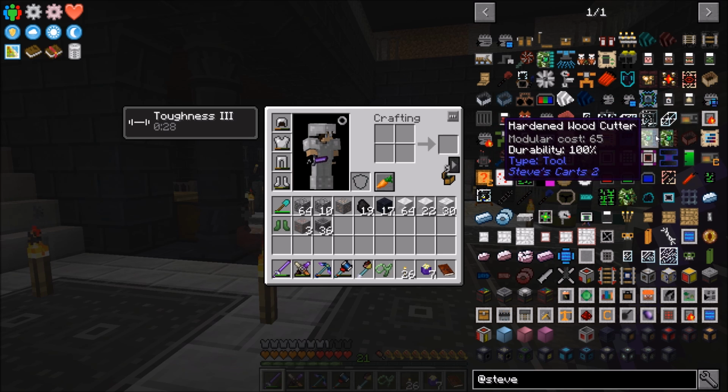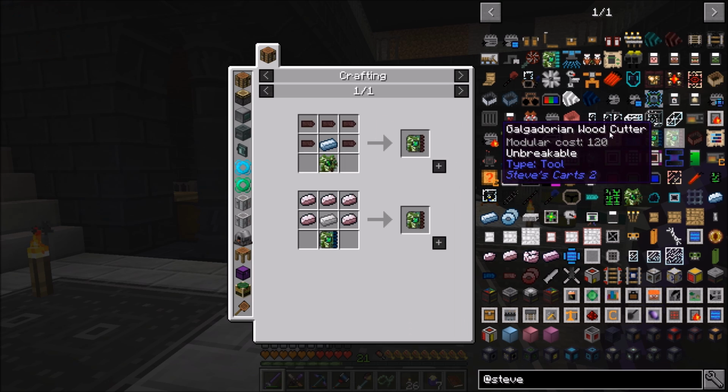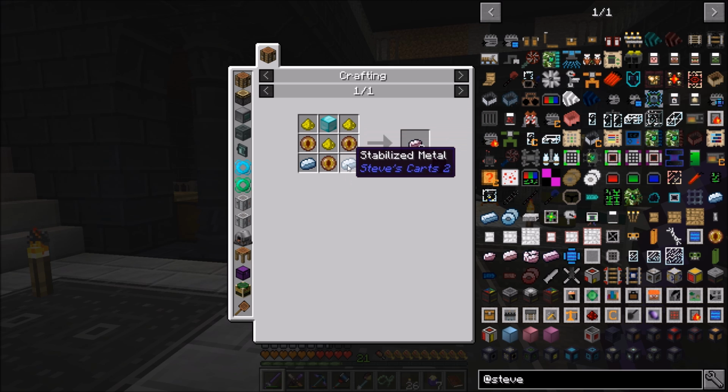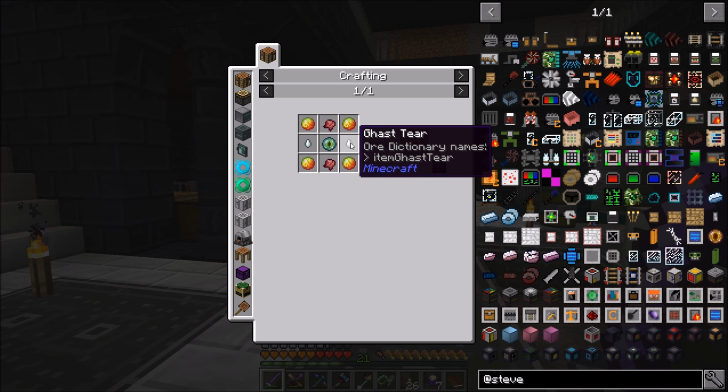So with the hardened one, I'm going to have to repair it every so often. Once we get up to the Galgadorian one, it's unbreakable, but I don't really have the resources at the moment to afford Galgadorian metal, because it requires these blocks of diamond. I've got diamonds, I just don't have that many diamonds. Glowstone's not a problem, stabilized metal's not a problem, but Eyes of Galgador, requiring these ghast tears, it's a little